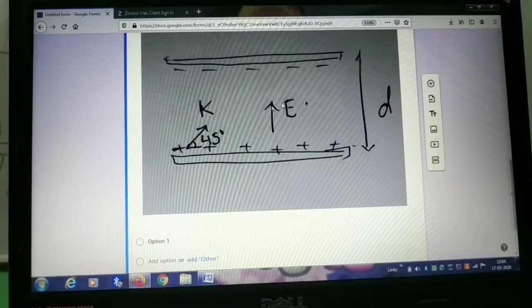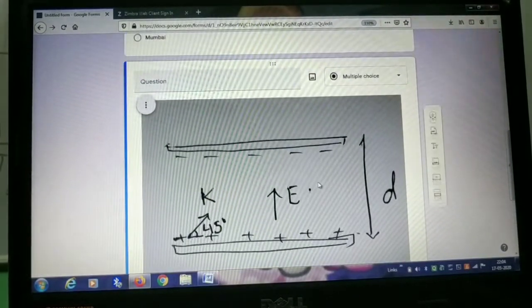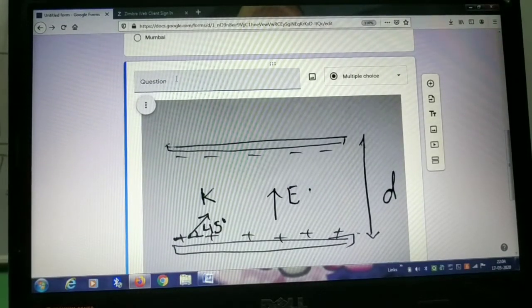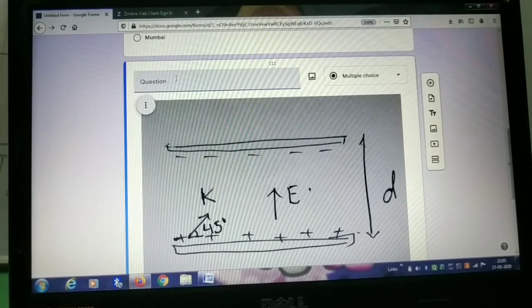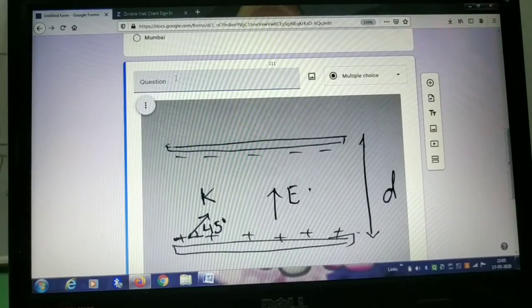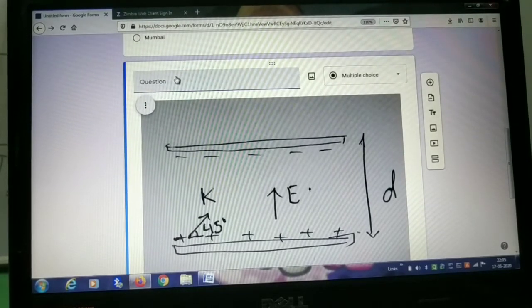Here, let us say there's a question on physics which I have to ask. Whatever else you have to ask, you can just type over here. Suppose the question itself has some fonts which cannot be typed over here, so you can also use handwritten questions with the image. Remember one thing, you can upload only one image over here. So if your entire question is in the form of an image, no issue. In the image only, you can give the options also, and you can write the options as A, B, C, D.